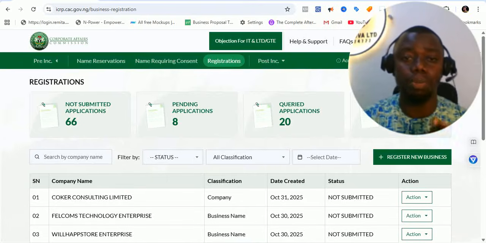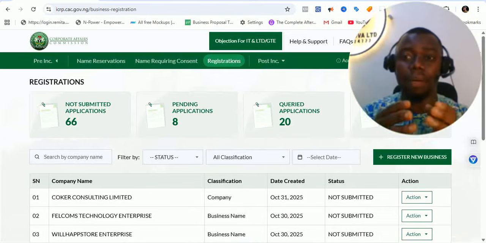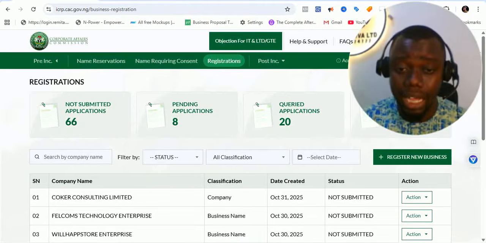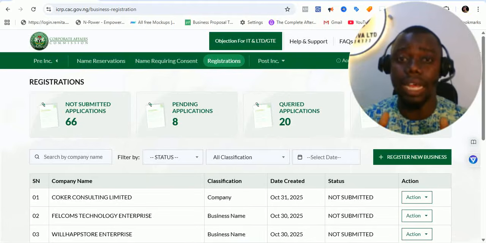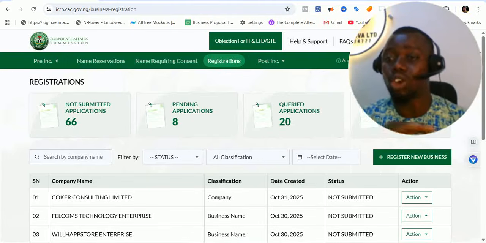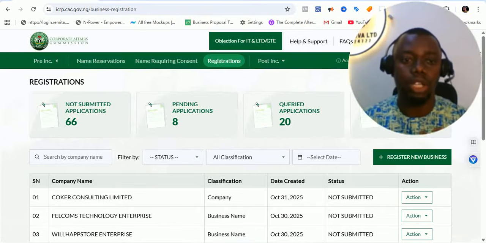So I'll walk you through the process of making sure you don't lose money for the registration. I've been looking for ways out of this for days now, even weeks, and it has been fruitless, right? But this time around we have gotten a method that will work. So watch this video from the beginning to the end so that you don't miss any part of this particular guide. So the first thing you need to do is that you can see that I'm using